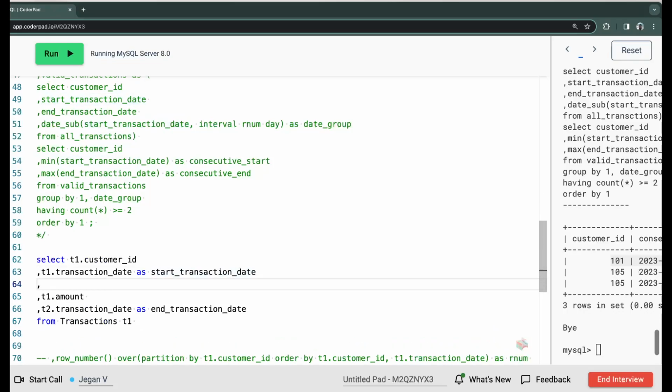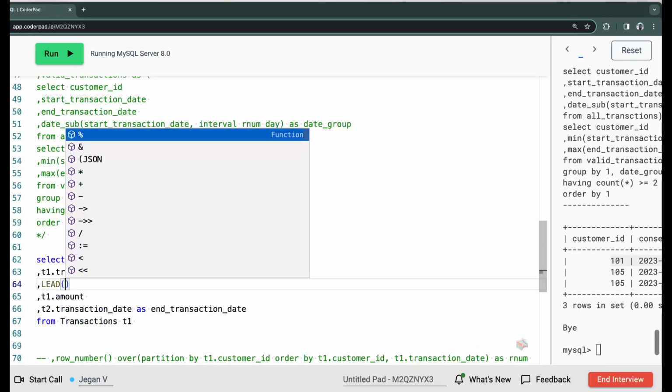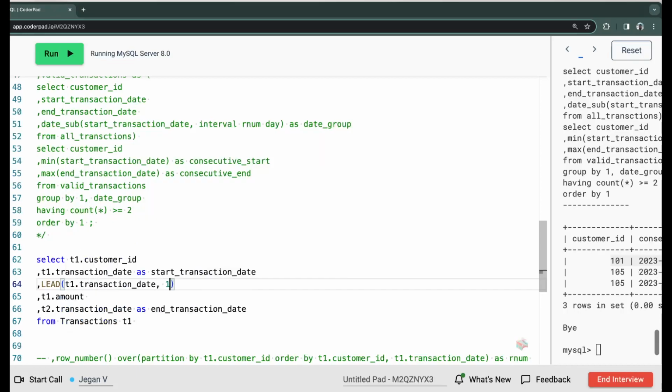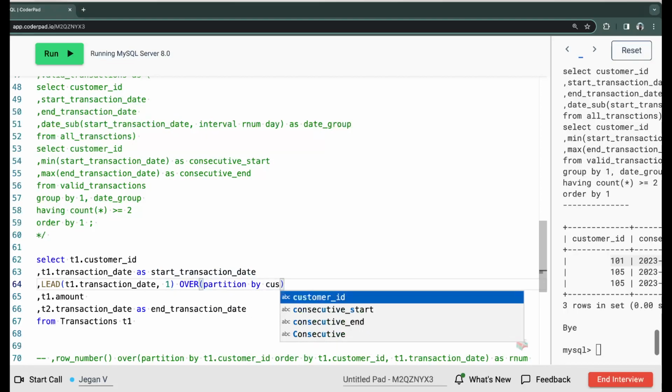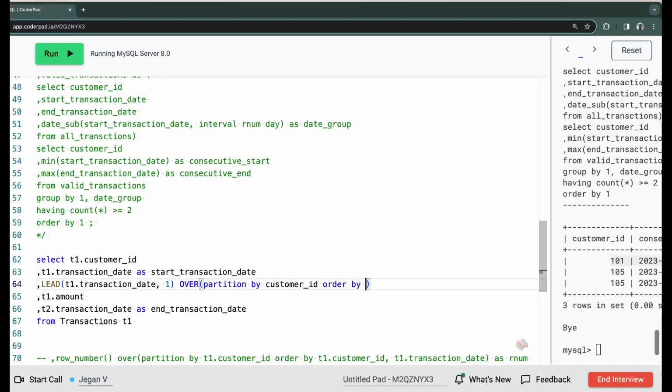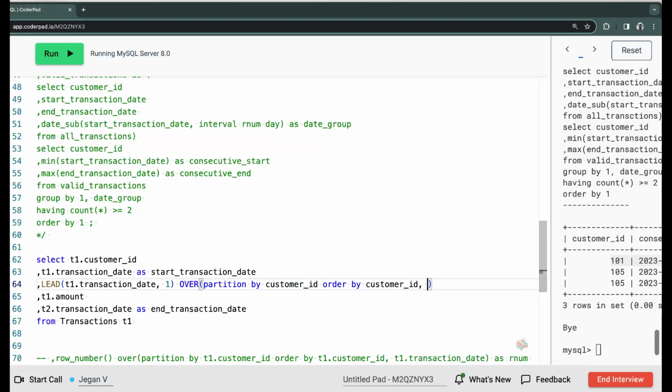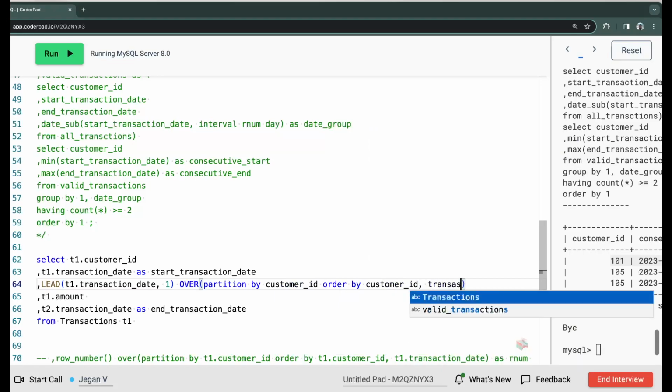In between, we can just say the lead function, which is the transaction date and 1. That means with the current record, you go to the next record, order by the transaction date, right? So over partition by customer ID, order by customer ID and transaction date